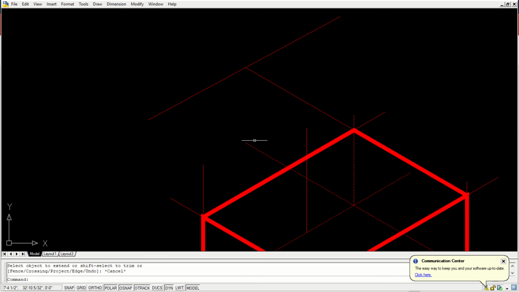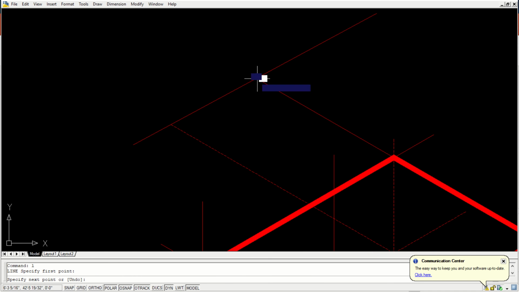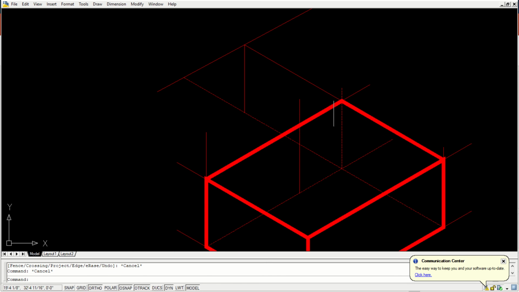I'm just extending this face, and I'm drawing vertical line. See, I have not used any measurement.